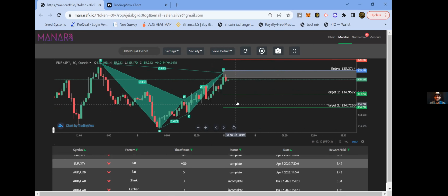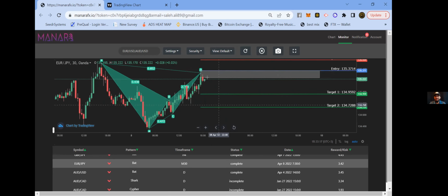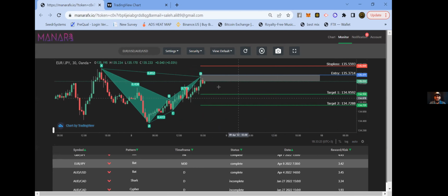All you would do is, when you see this trade, I would take the entry right here where it is right now. I would keep this stop loss. So all you do is you go to NZD USD on your MetaTrader 4 with your broker. You're going to click on the asset. You're going to do a market execution, and you're going to type in your stop loss 135.5593. You're going to put your take profit 1 at